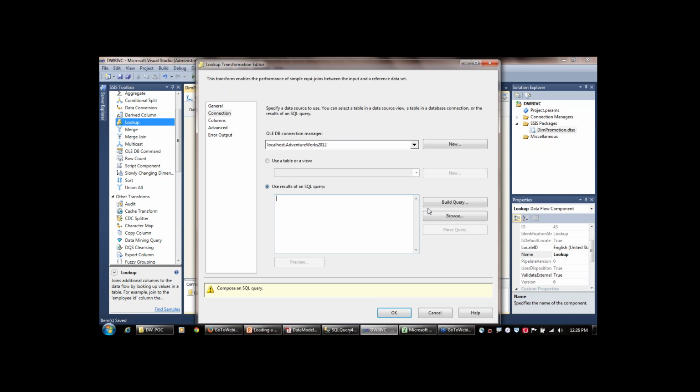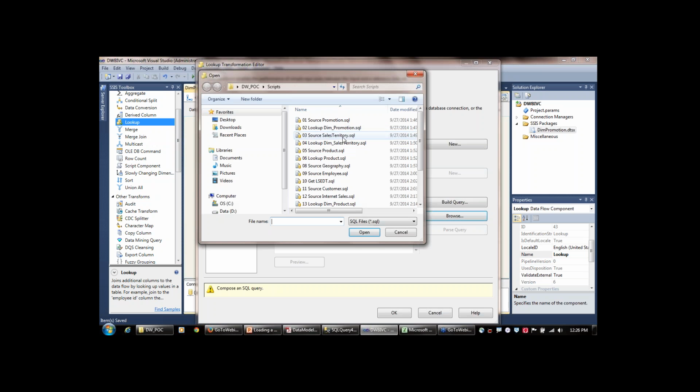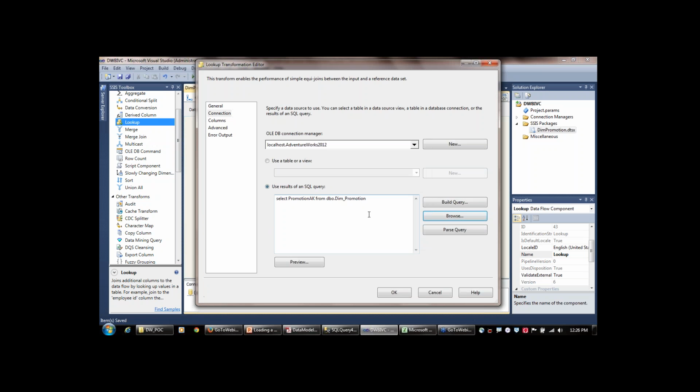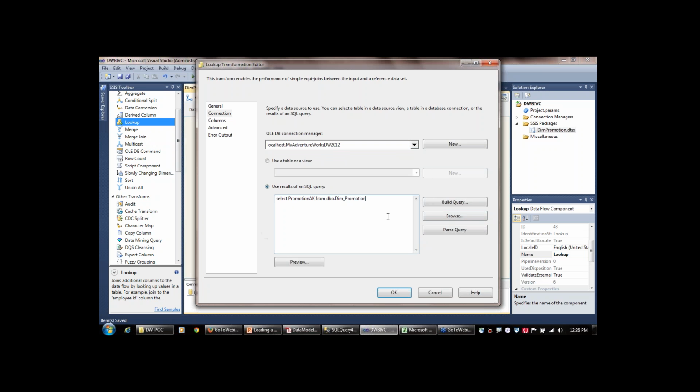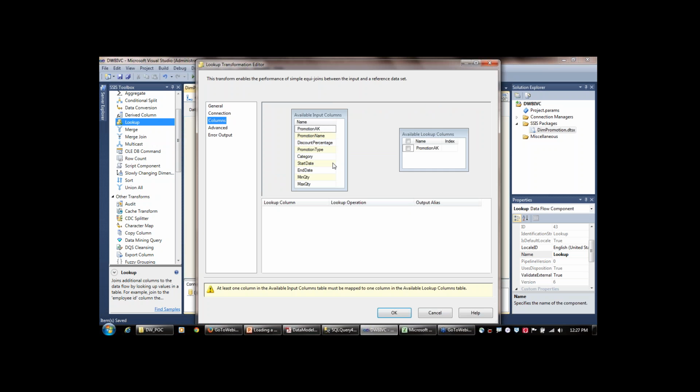I'm going to use the results of a query. And let's pick the right database. So what this is doing is saying, give me the promotion AK from dim promotion. So that's the source key from special offer. And what we're going to do is join this key from our data warehouse to our source query. And if they match, we're going to ignore it. If they don't match, it will proceed. So what we do to make this join is we go to columns,